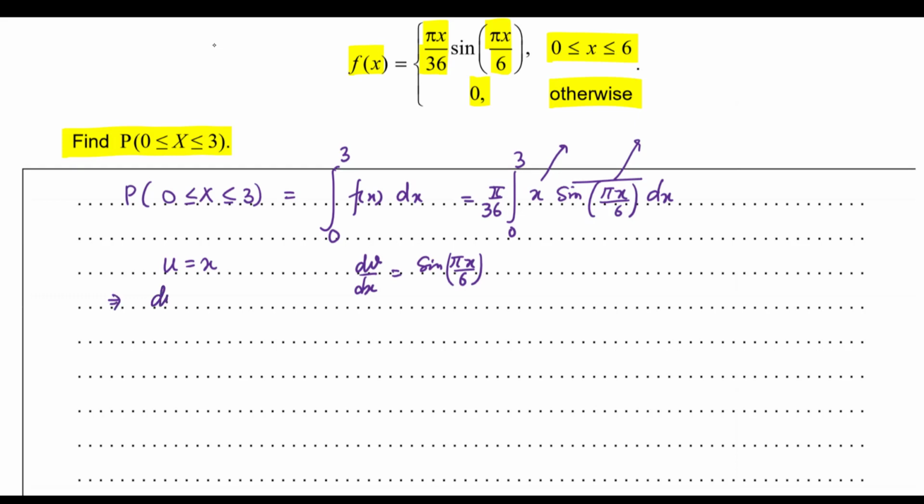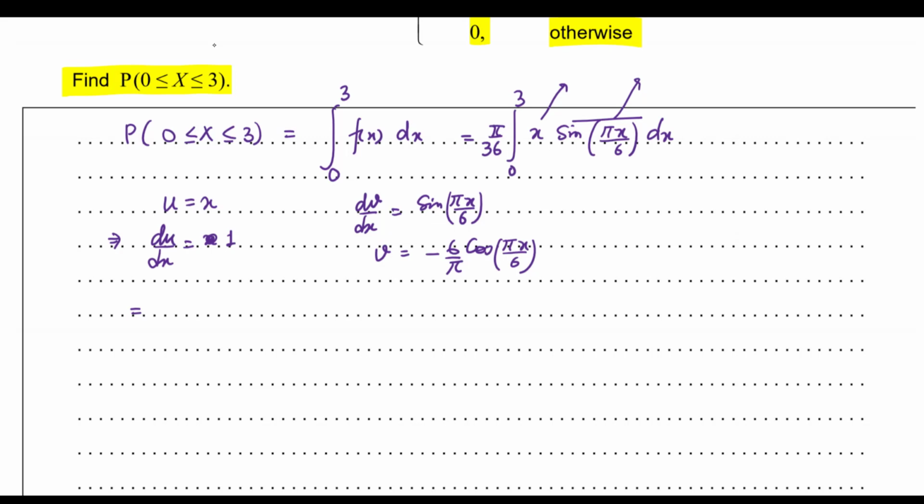So from here we got du over dx, or u dash, equals 1, and v becomes minus, because the integration of sine pi x over 6 is negative cos pi x over 6, and we'll divide by the coefficient of x, so it is going to be 6 over pi. So we got this, and now we are going to use integration by parts. First you will write u into v, so it is negative 6 over pi, and it is x because u, and then cos of pi x over 6, and then we will put the limits from 0 to 3 afterward, minus